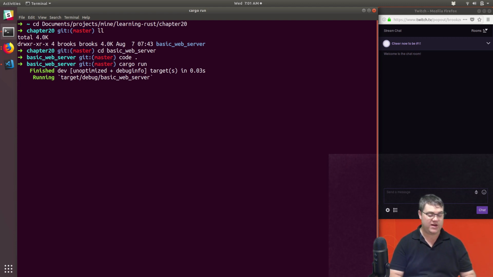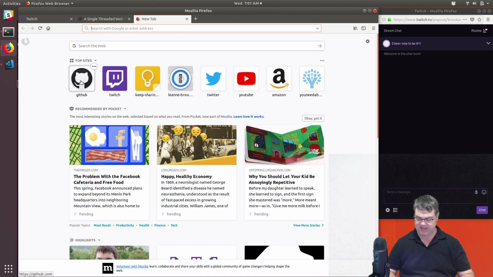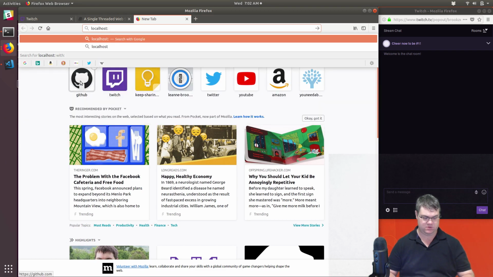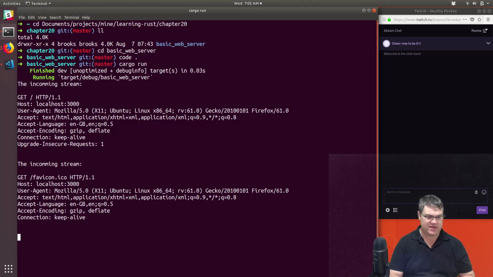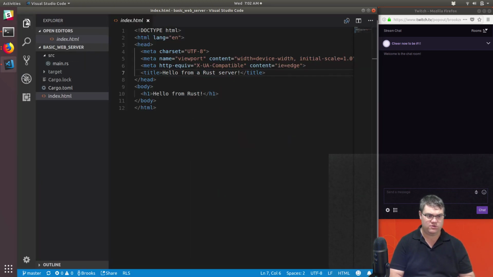So it's running right now. We don't have anything telling us that it's actively listening. Let's then hit it with localhost 3000. We get our hello from Rust, and here it is, GET HTTP/1.1. So we'll copy this, and now in our code,